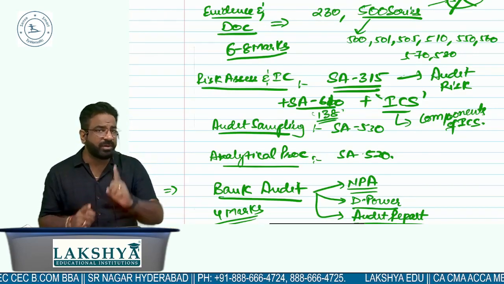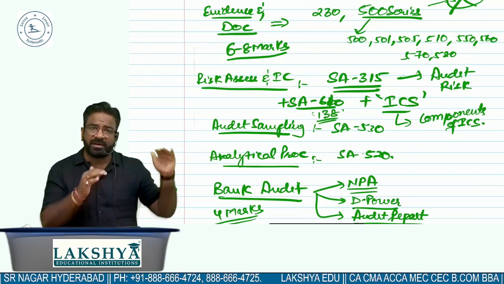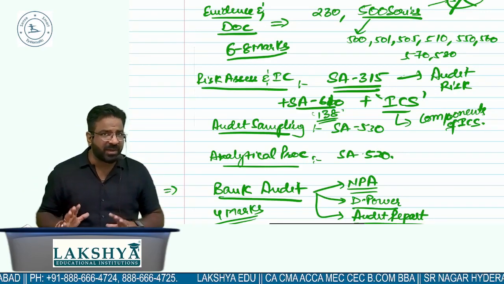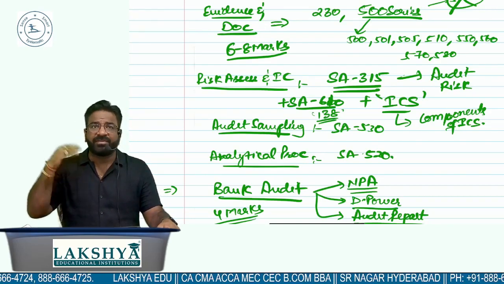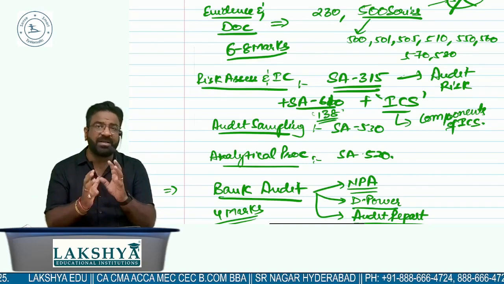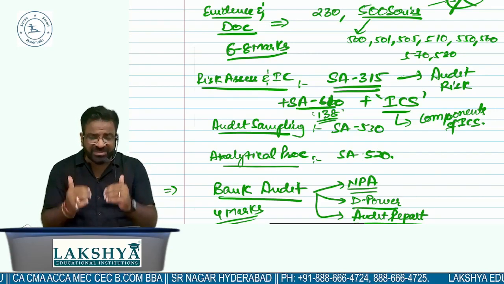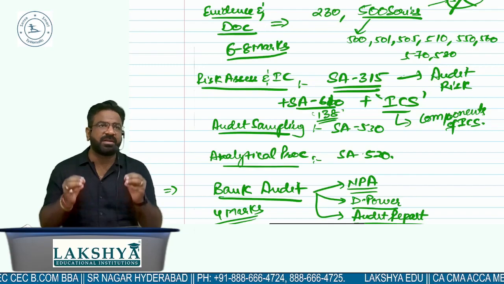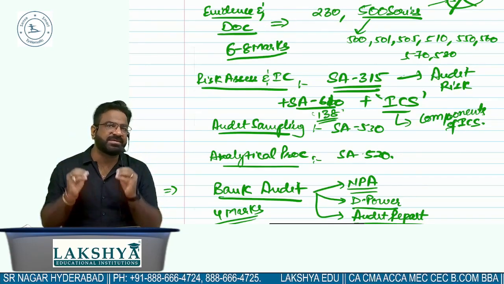Good news is that you are already having 2 days even after your advanced accounts. So today, the 10th, your advanced accounts paper has been done. Today evening 4-5 hours you have. Next day, 11th, you have. 12th you have a full day, and 13th morning part you have. So almost, if I'm not wrong, approximately 3 days of preparation you have. So I will suggest that if you go with this plan, particularly with what I'm telling you, you will make sure that you will definitely be getting 60 plus marks.